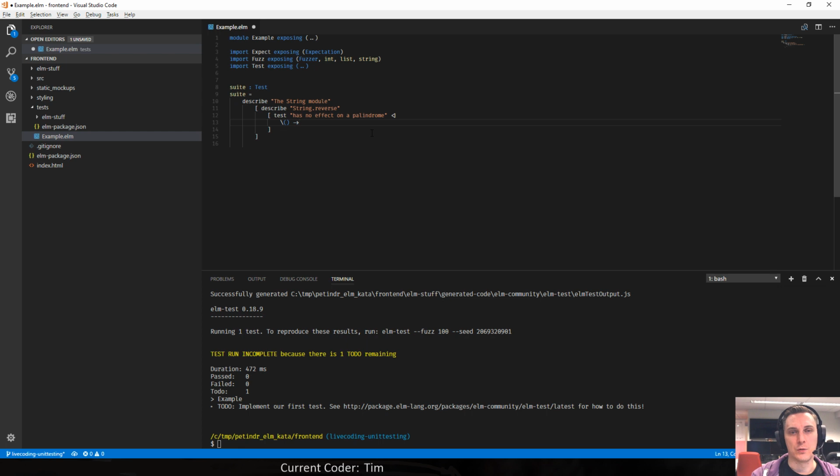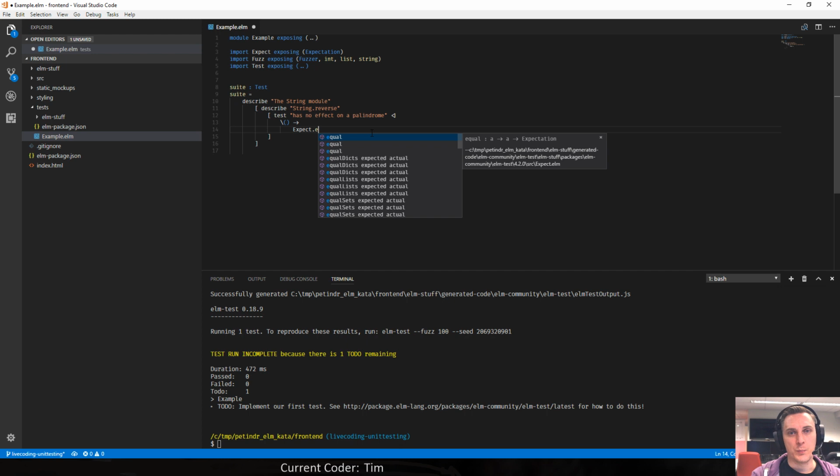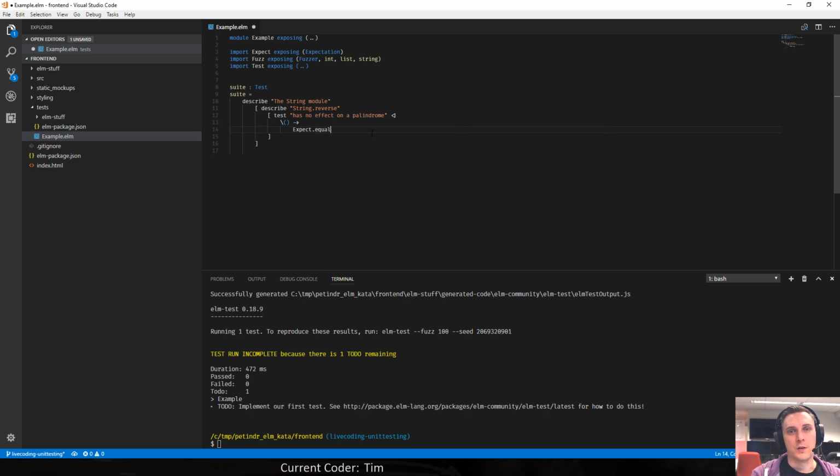your actual test. So we should start off by writing an anonymous function like this, where we can say that when we expect, so expect is something that gets imported from here. We expect equal, what is the stuff we expect?